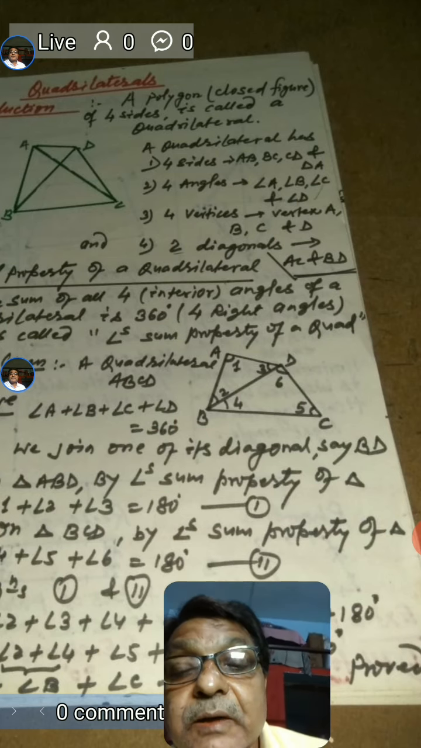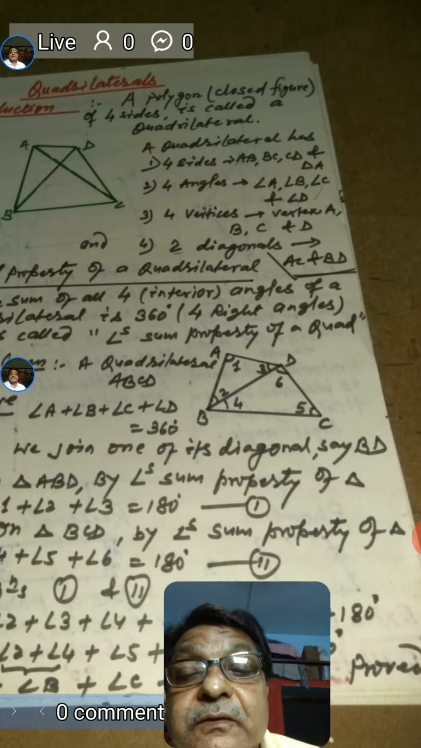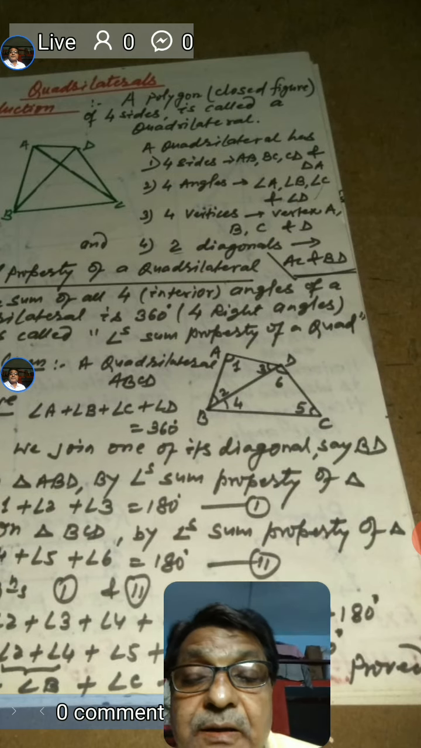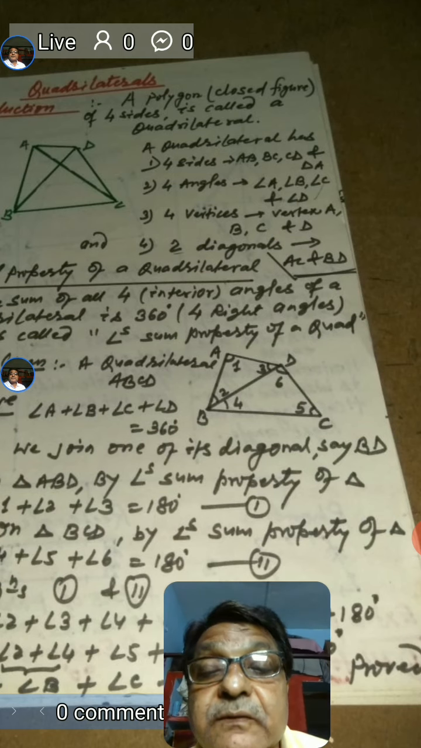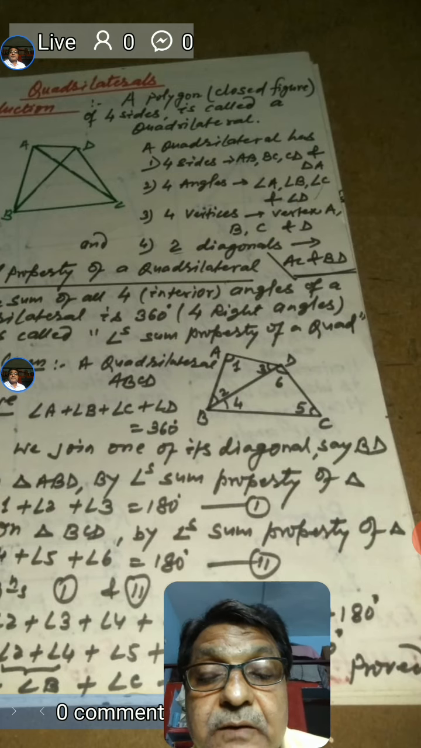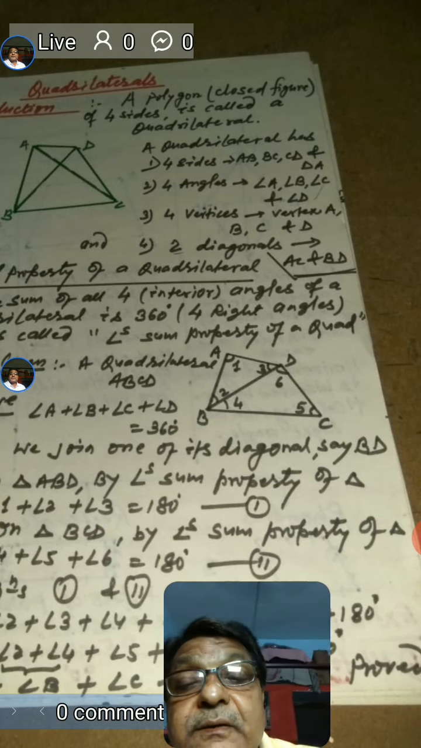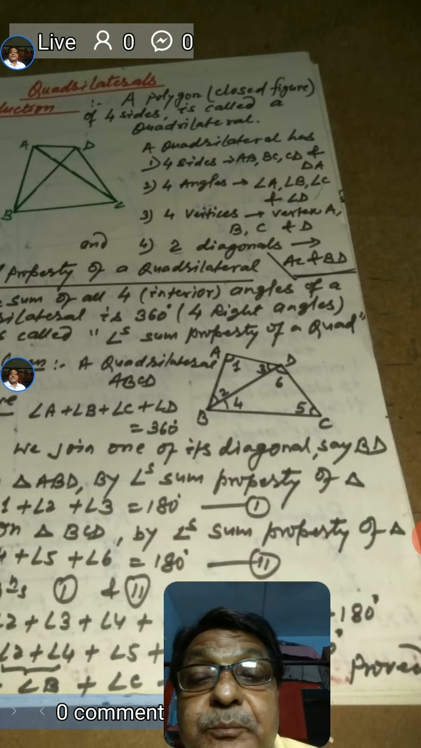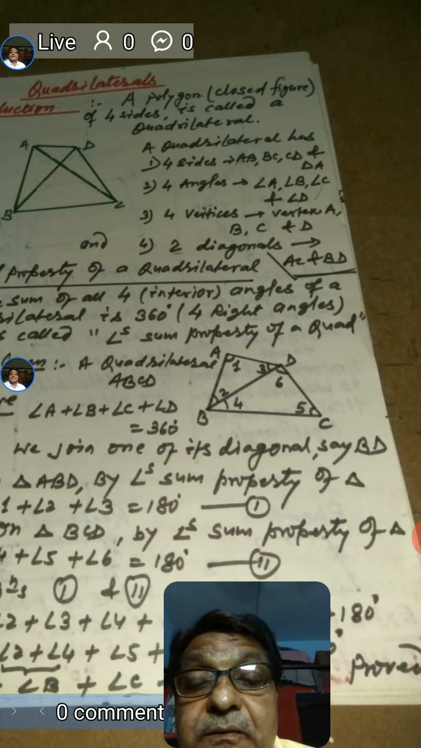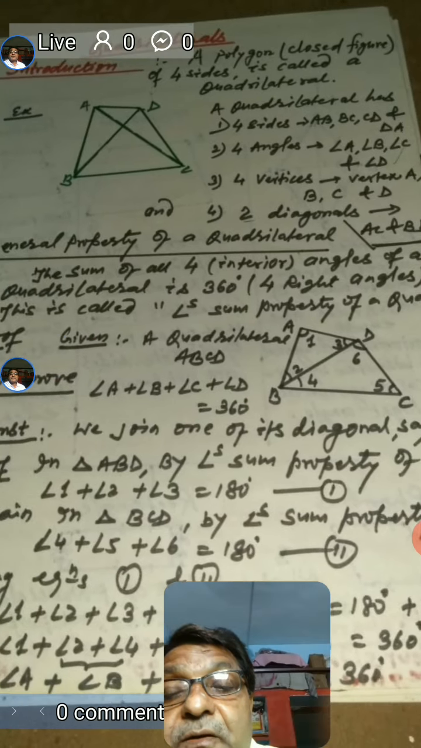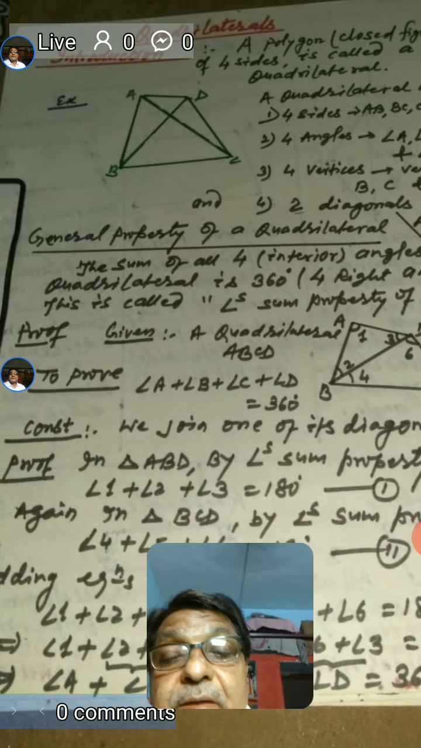Now taking one by one both these triangles, taking triangle ABD by angle sum property, as we have already read before, the sum of all three angles of a triangle is 180. So in triangle ABD, as it is marked, angle 1 plus angle 2 plus angle 3 is equal to 180, treat it as equation 1. Similarly, by taking